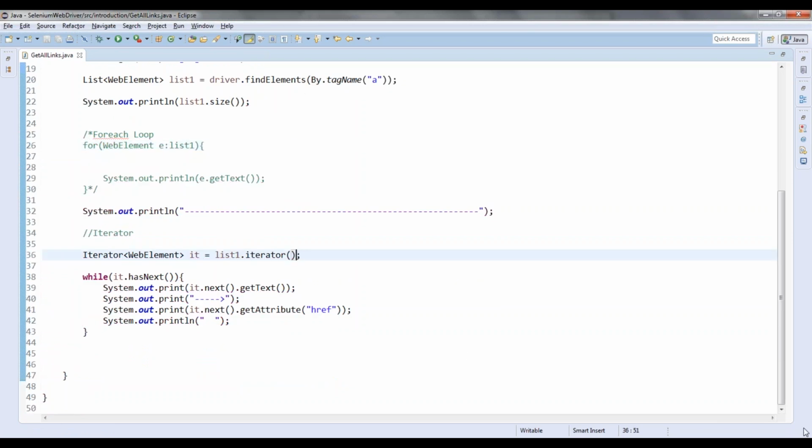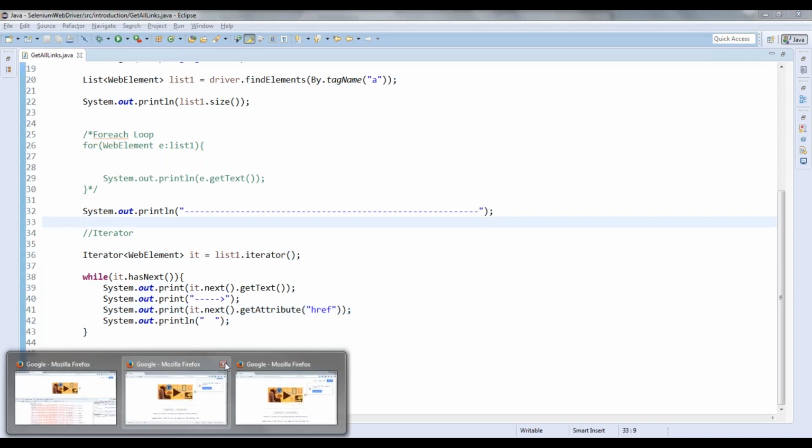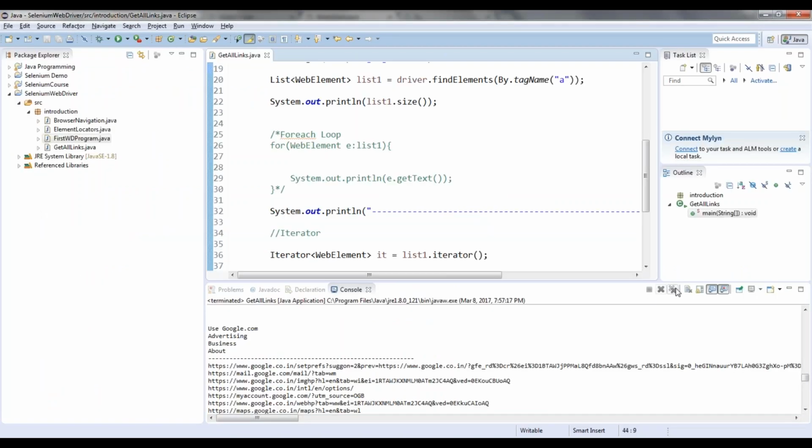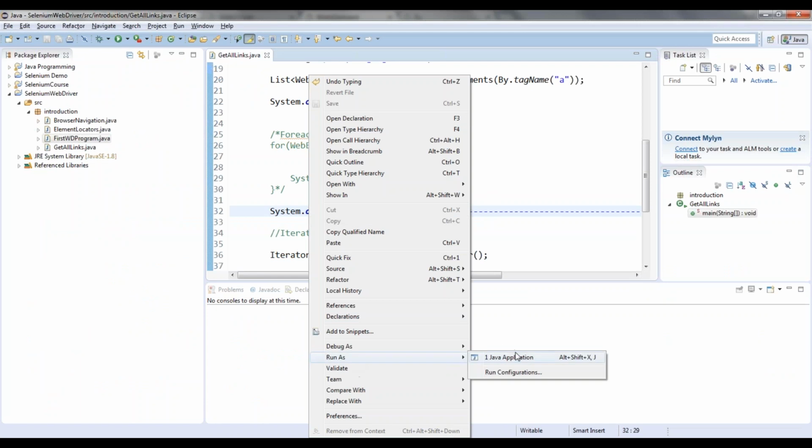You are able to follow this, right? You guys are able to follow this? Any doubt here in this particular iteration? No doubt, right? You are able to follow whatever I am doing. I am getting the inner text of the element here, and I am getting the attribute of the element here. So let me close these windows. These two are my new instances. Let me stop this and then let us run this again.